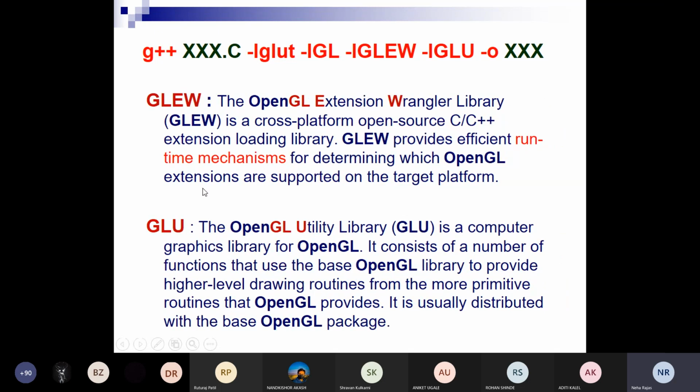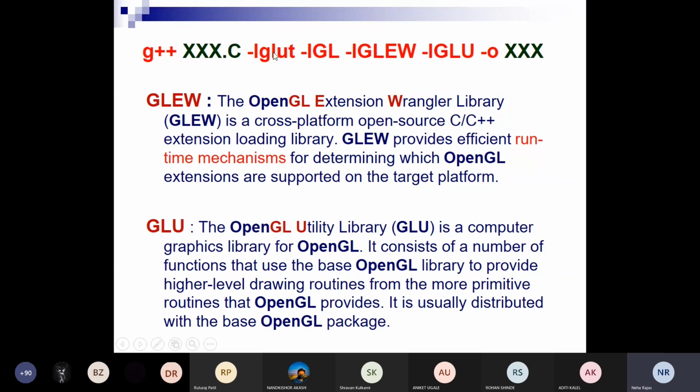So again, we will go to what GLEW is. We have seen what GLUT is, what GL is, right? Now GLEW. The OpenGL Extension Wrangler library is a cross-platform open source C or C++ extension loading library. This is also a library.